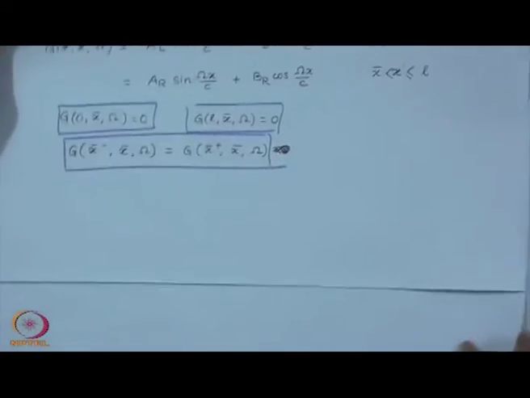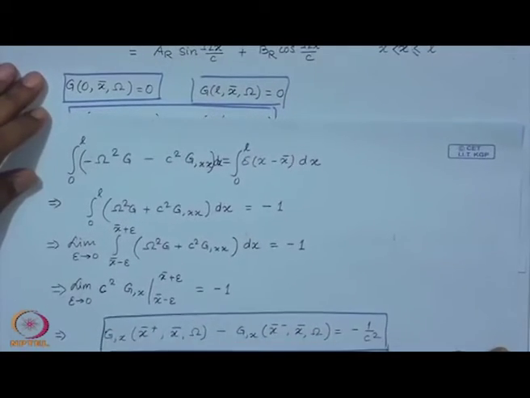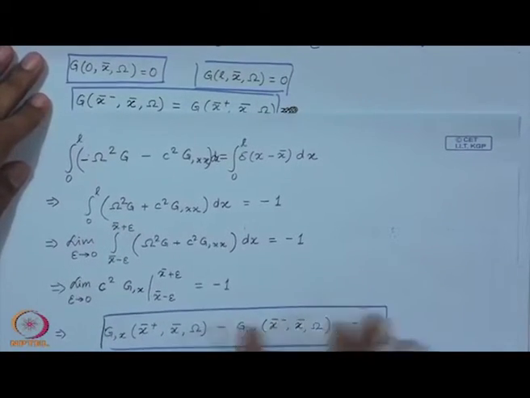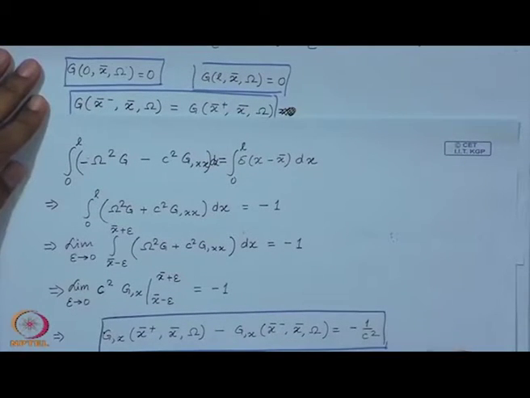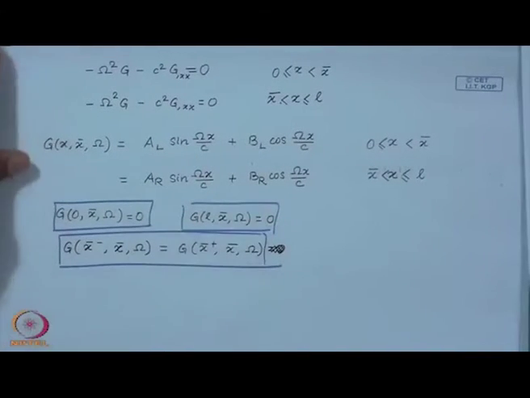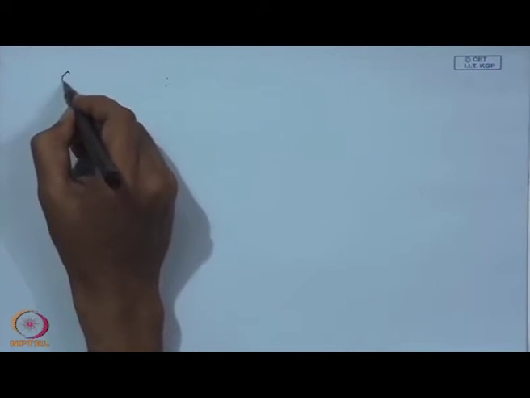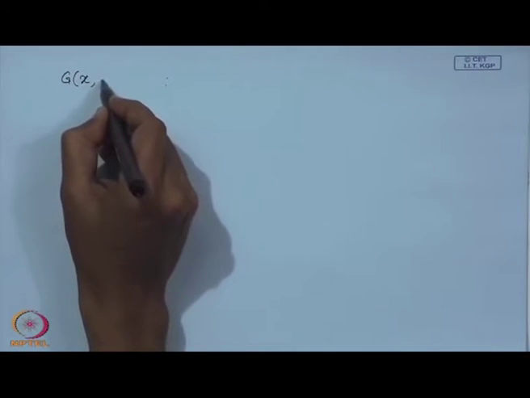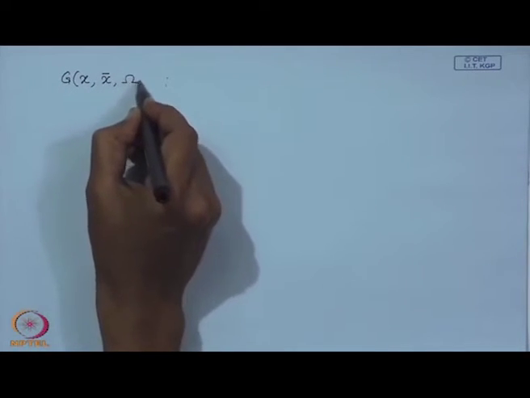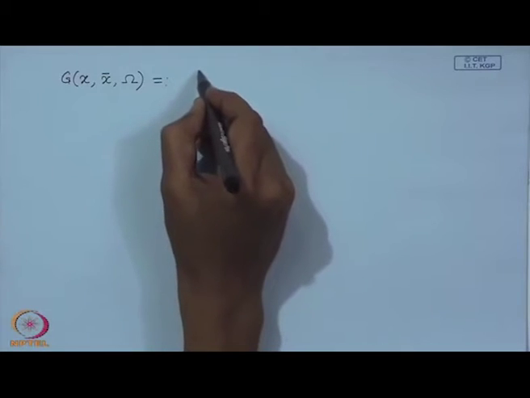So, these four conditions can be used to solve for these unknown coefficients A L, B L, A R and B R. If you use these four conditions, solve for these unknowns and finally put them in the Green's function, then what you obtain is